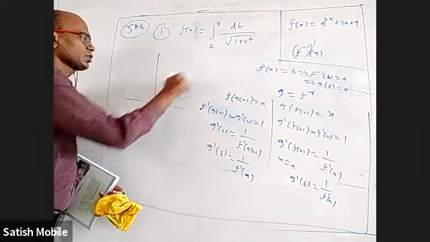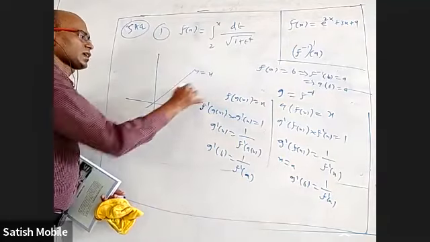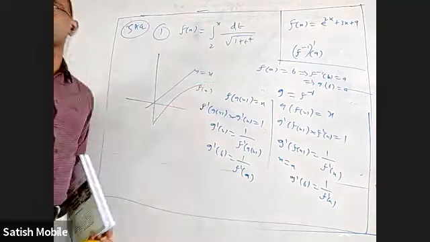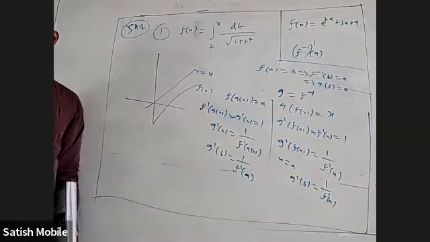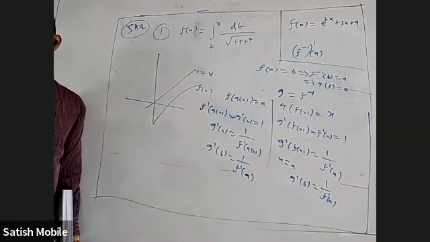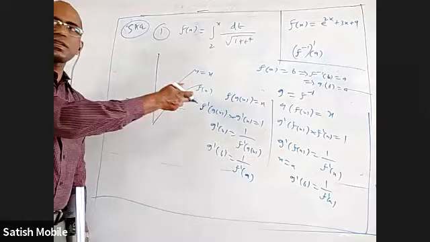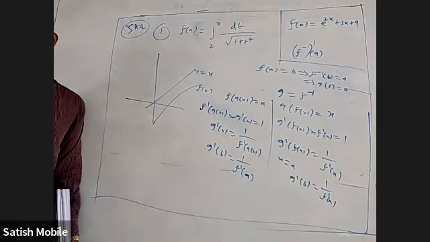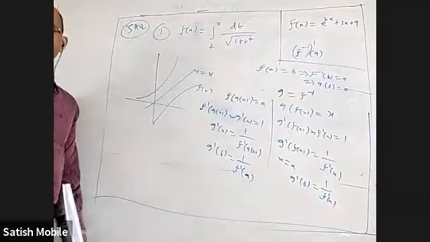If I take the line y equal to x, and this is the graph of f of x, how are you going to find the inverse function graph? Anybody? I'll give you the graph of the original function. How will you find the graph of the inverse function? The image of this with respect to y equal to x. So it will be like this.